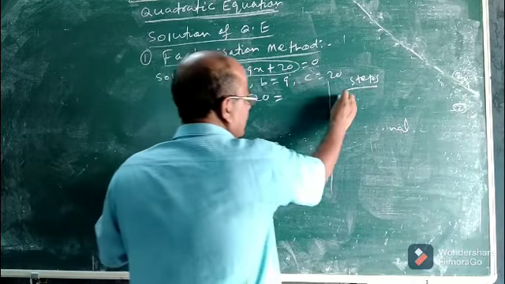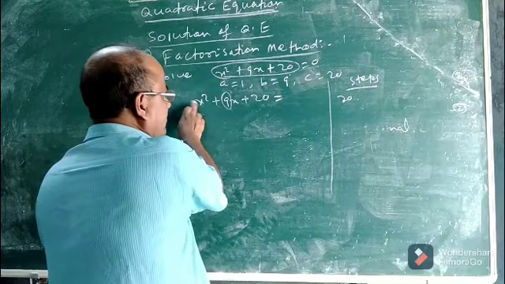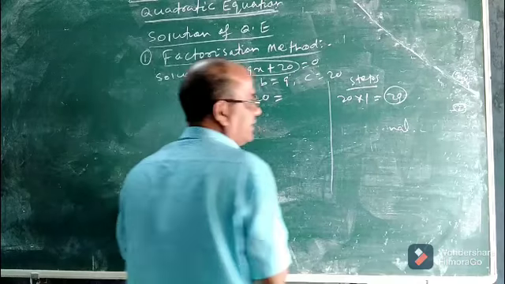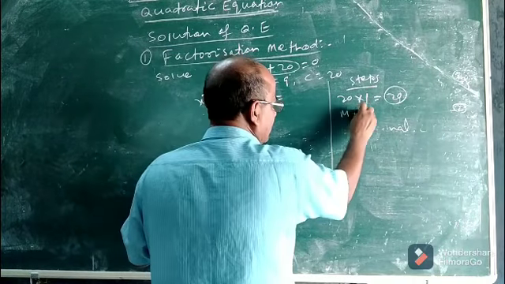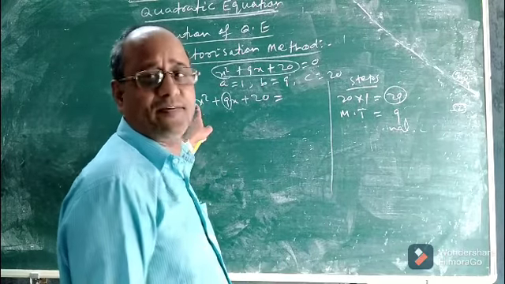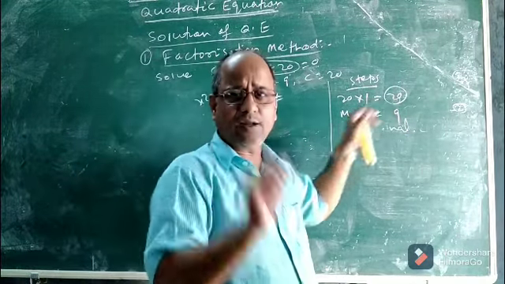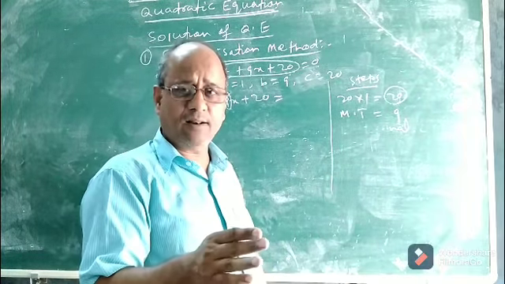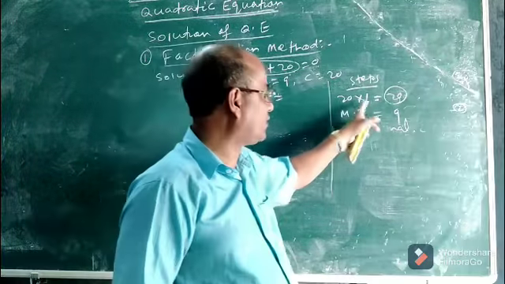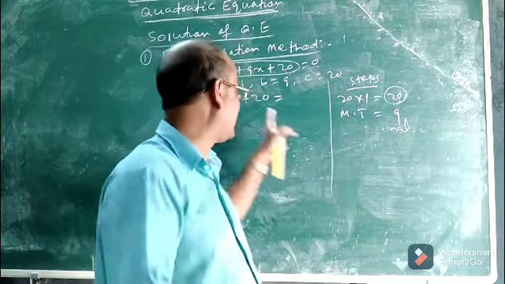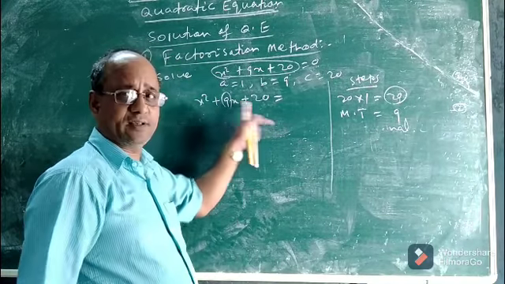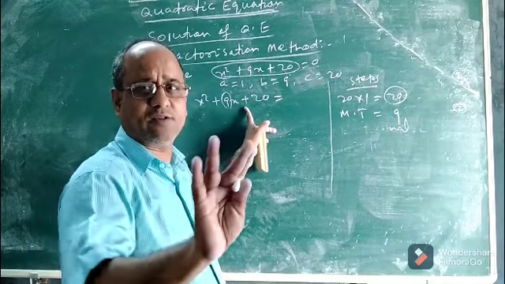Now look at the constant term. See, the constant term is 20, and what is the coefficient of x square? Coefficient of x square is 1. You multiply it. What will you get? 20. The product is 20. And what about the middle term? The middle term is 9, and the product of this constant and the coefficient of x square is 20. Now what will you do? You know the table. From the table you think of two numbers whose product will be 20, and when they are added or subtracted. But there is no question of subtraction here because all the terms are positive.